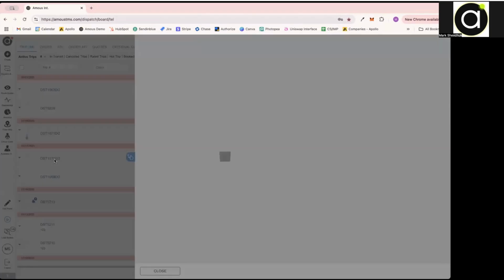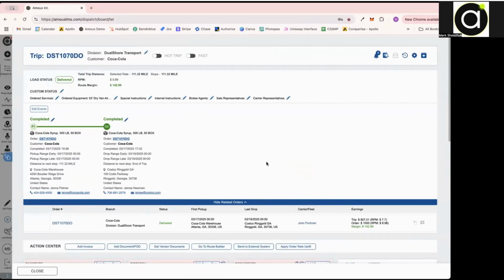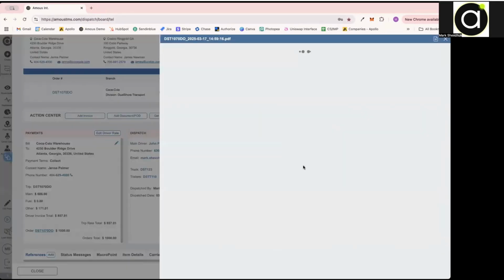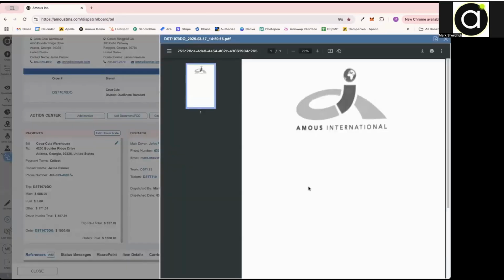If I go to, let's say, this load as well, there we go. And if I click on one of the documents, what we're going to see is that when I do that, instead of opening up as a separate window or downloading, it's going to open up as a slider. So it just simply allows you to have quicker access to the documents, to review them, and make sure that